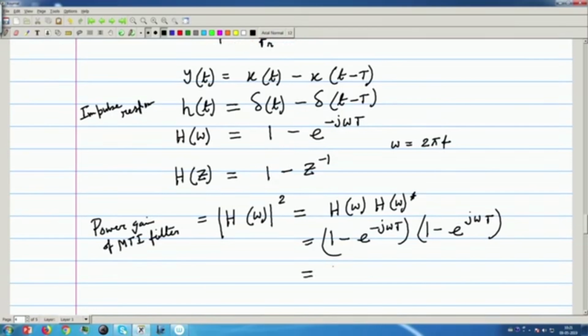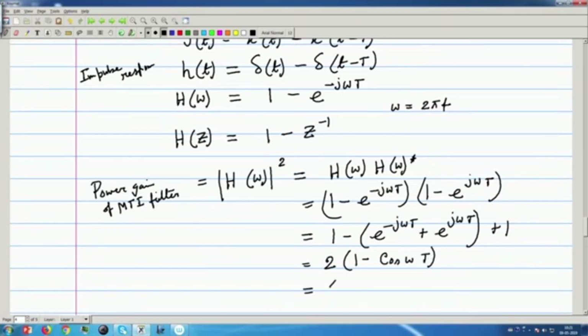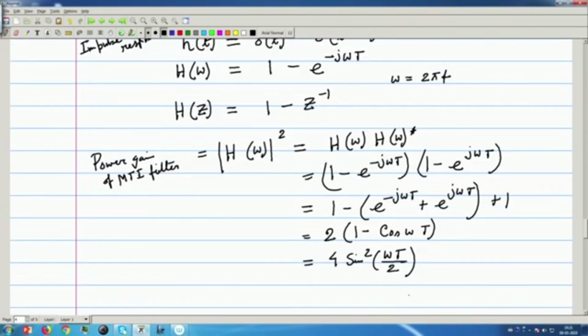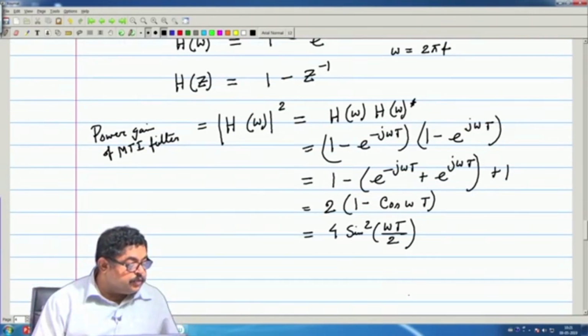So, this is 1 minus e to the power minus j omega t, plus e to the power j omega t, plus 1. So, it is 2 times (1 minus cos omega t), and that is 4 sin square omega t by 2. So, power wise it is a sin square thing. So, if I draw that